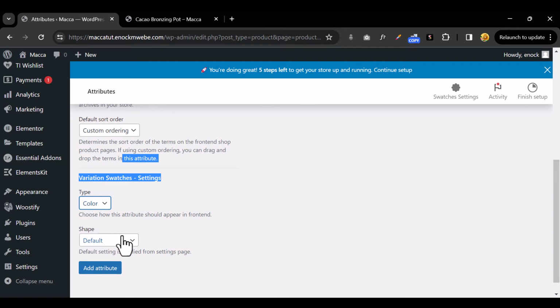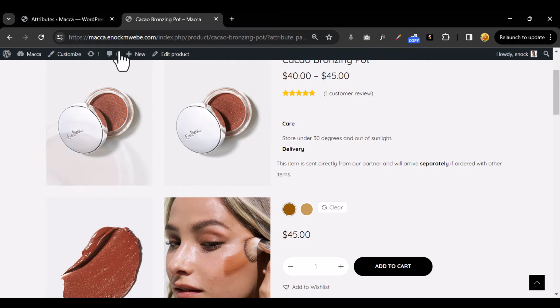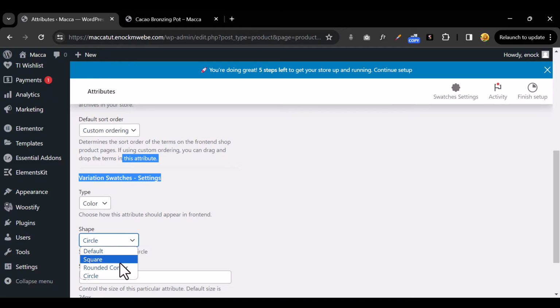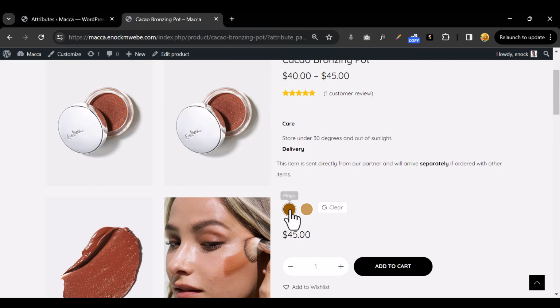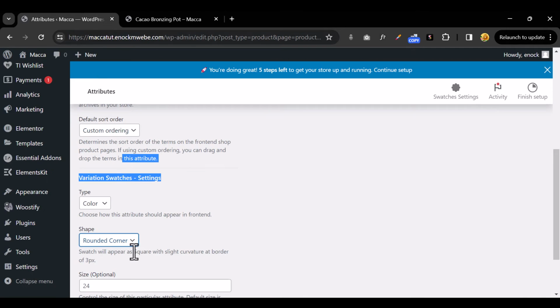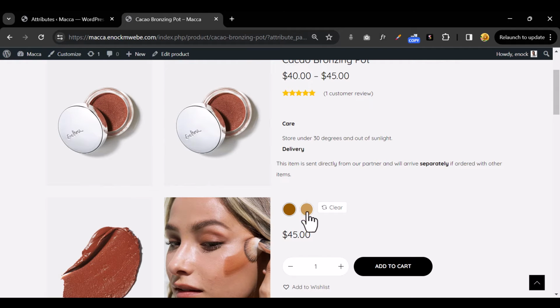Yeah, so I'm gonna select color, then I'm gonna select circular. Because if I select square, then these are gonna be square. If I select rounded square, rounded corner, they're gonna be square, but with rounded corners. But I want to keep them circular, and for them to be as big as these, 36 pixels